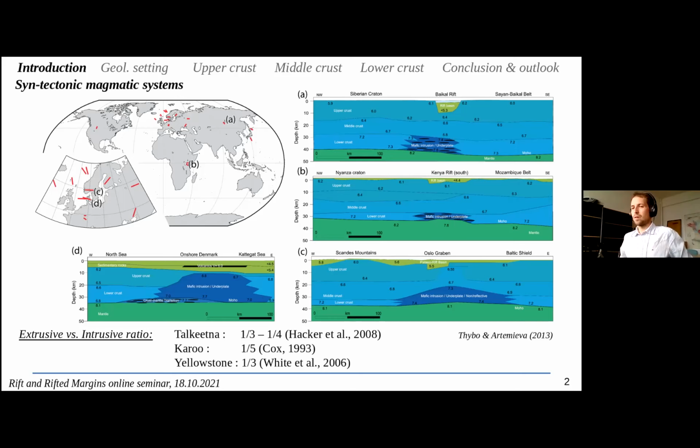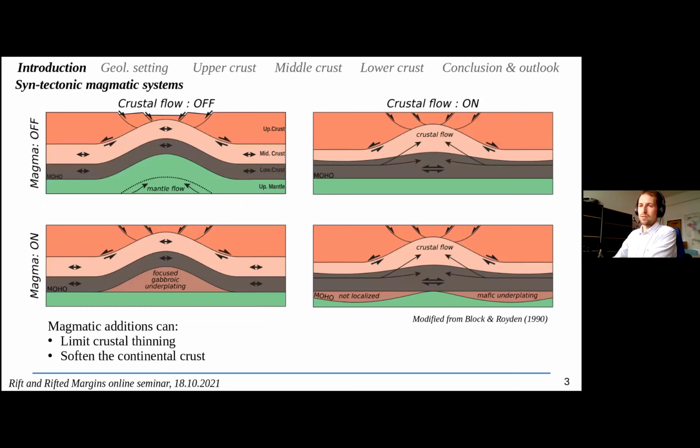And of course, if this happens while extending the crust, it has a strong impact on the response of the crust to extension, because these magmatic additions have the potential of limiting continental crust thinning during rifting, either if it's focused, like in this scheme that is implemented from Bloch and Royden, or